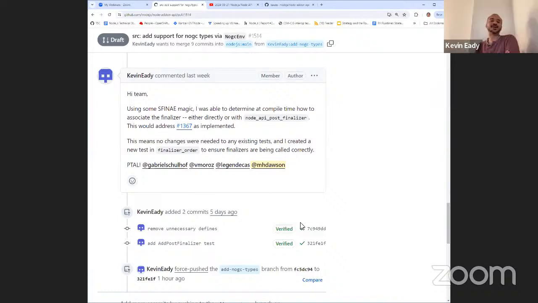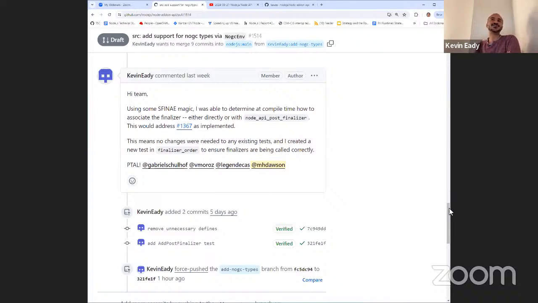So now there were no changes to any of our test files because it's smart enough to do the wrapper. And then I added new tests that check that if you have a no GC wrapper, it correctly does no GC and everything like that.